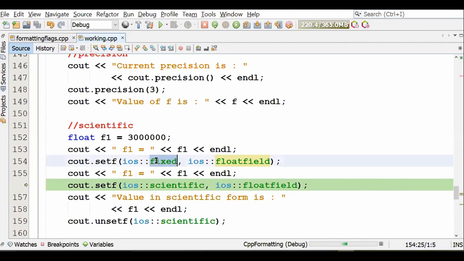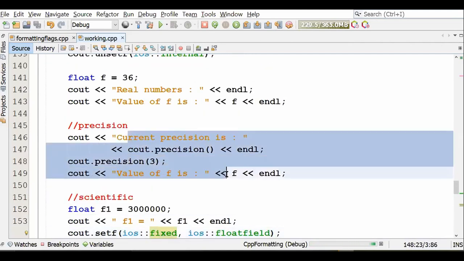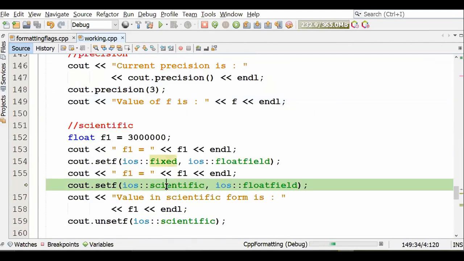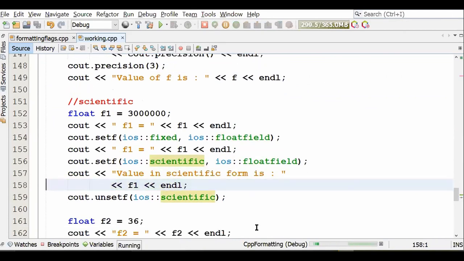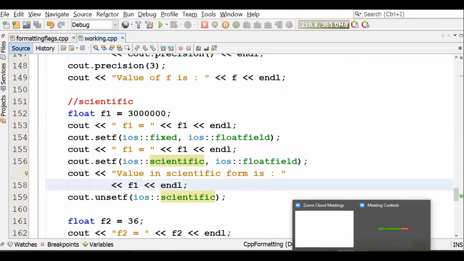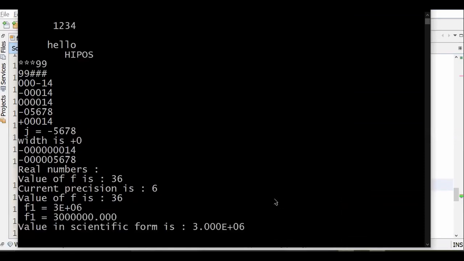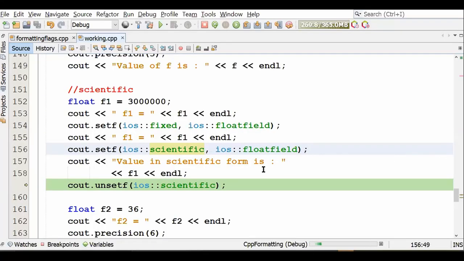That means I set it to fixed and then displayed. Earlier I had not set it to any particular format. Now I set it to scientific and I again display the result. Let's see what result gets displayed. Scientific format में 3, note कीजिएगा, 3-digit precision again, e plus 6. Last time it was something different, 3e plus 6. यानी by default precision नहीं display कर रहा था. Now it is displaying 3.000e plus 6. That means 3.000 into 10 to the power 6 it has displayed.